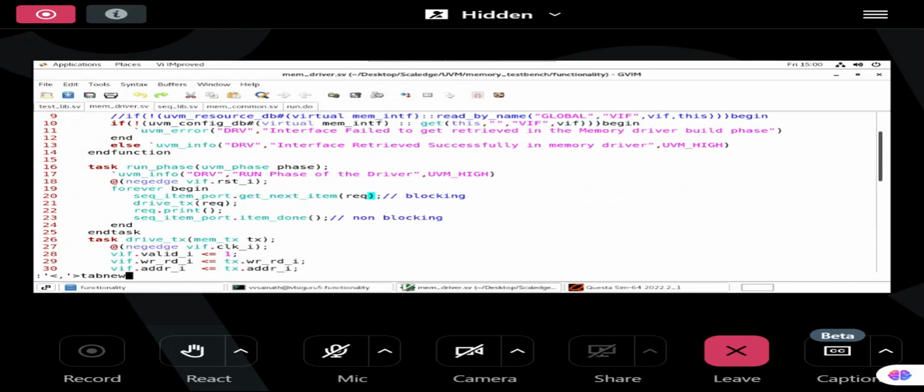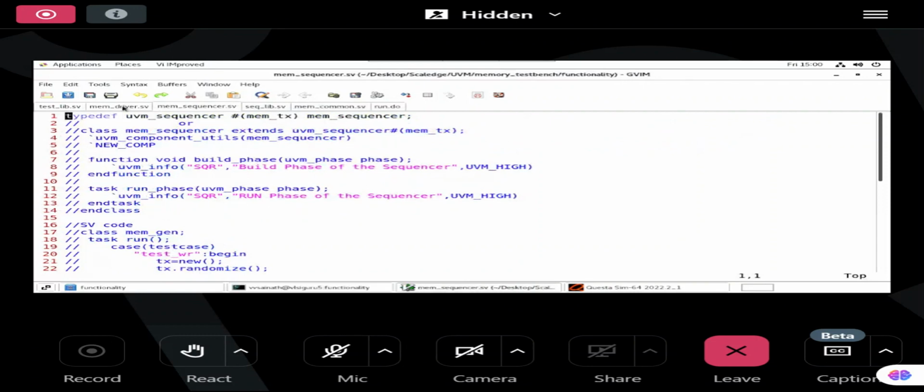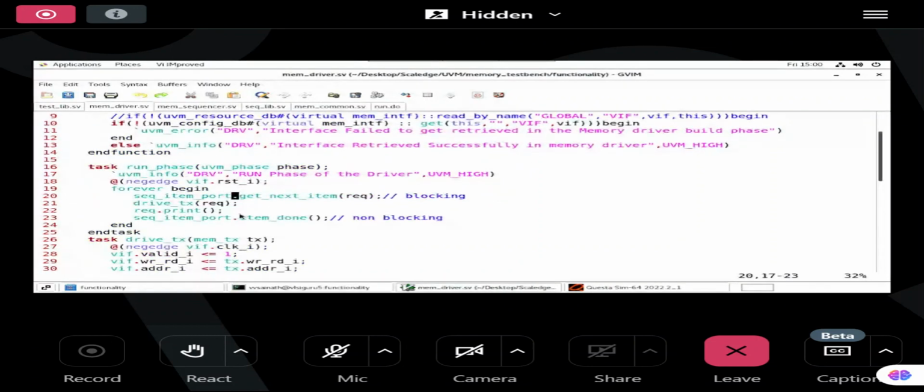So immediately the sequencer will take the sequence and hand it over to the driver. Now it got the request, and this request is getting driven. Once that got driven,